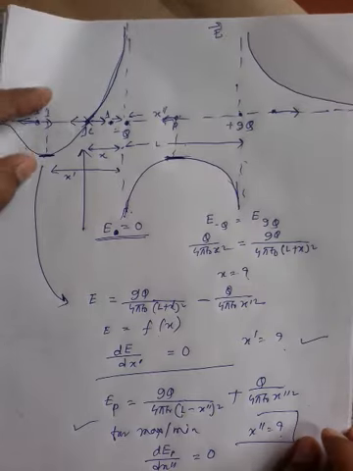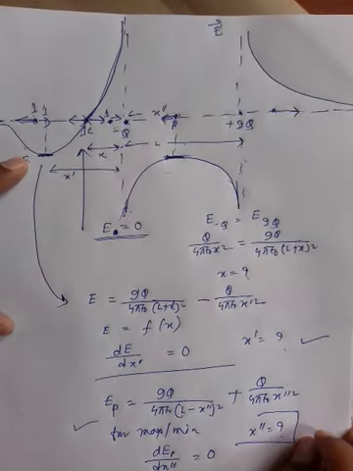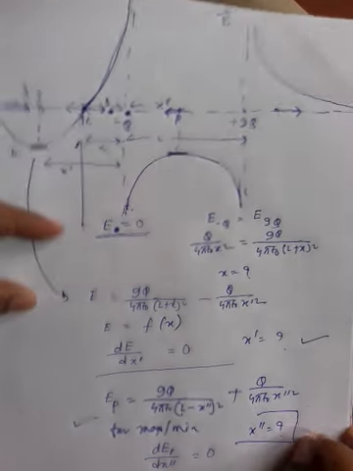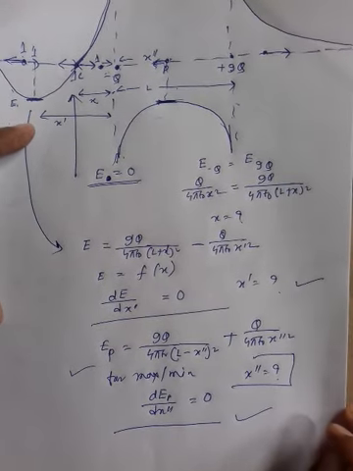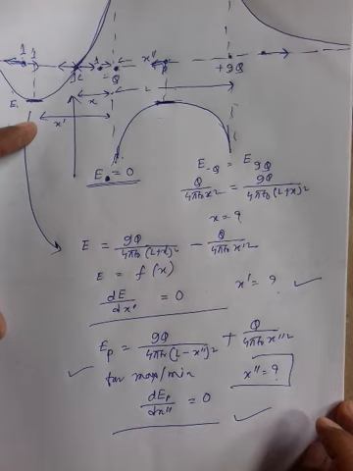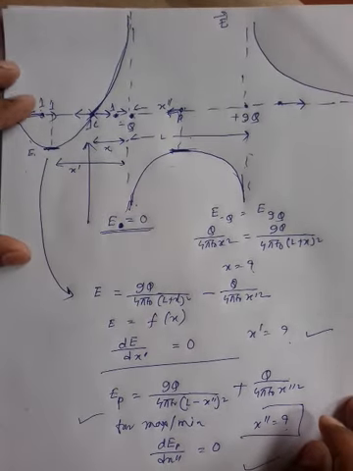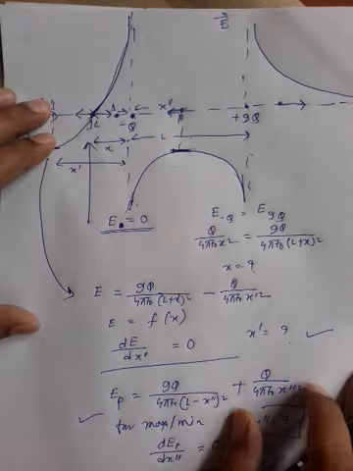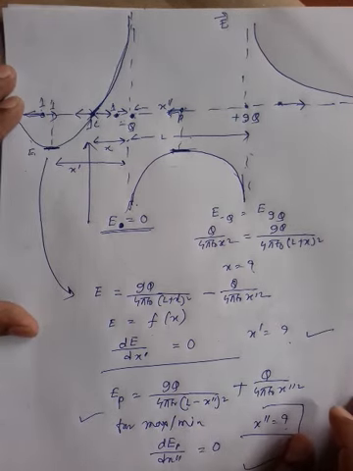Clear? Of course this is a tough question, but only the pattern or the shape of the graph is a very common question. If you want to get the position, that is also possible, and this kind of calculation of position is possible only in exams like JEE Advanced or KVPY. In a normal exam, meaning up to JEE Mains or NEET, NEET for medical entrance exam, you need only the shape of the graph. This is enough. Clear? I hope how to plot the graph, this idea is understood.